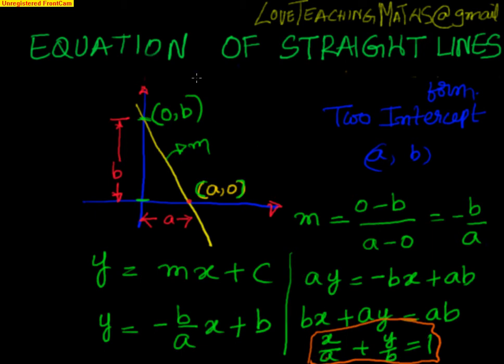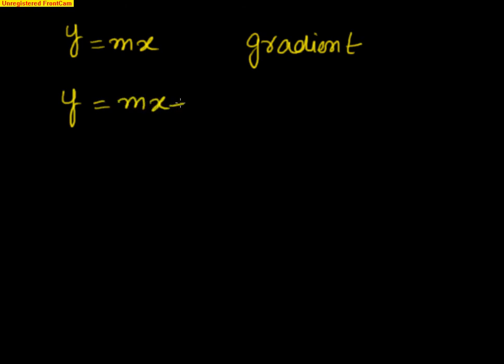So let's summarize all the equations of straight lines that we have learned just before. Let me just clear this so that we can start fresh. Now what have we learned in this video? We have learned three equations. The first equation is where I know the slope and the straight line passes through 0, 0. What is the equation? y equal to mx. This is gradient form. Now the second equation we found is y equal to mx plus c,